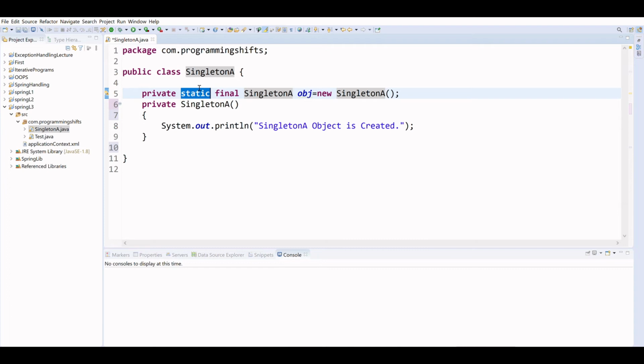Let's come to the next point. We have to create a factory method. In the last lecture I told you that a method that returns the instance of its own class is known as a factory method. If you don't know, go to the last lecture, part 1, and you can understand.